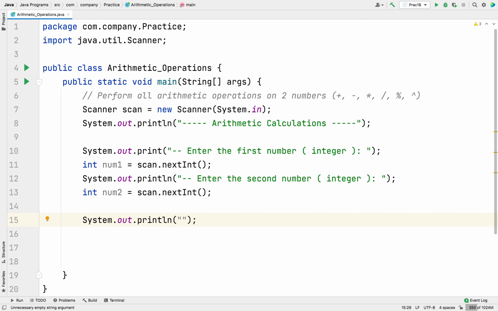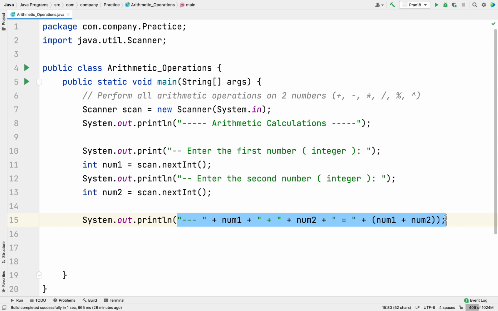The first calculation is addition. So I want to print this 3 dash, and then I want to print the value of num1, then plus, then num2, then is equals to, and then their addition, num1 plus num2. Now you'll be confused a lot here. There are so many symbols together, but don't get confused.